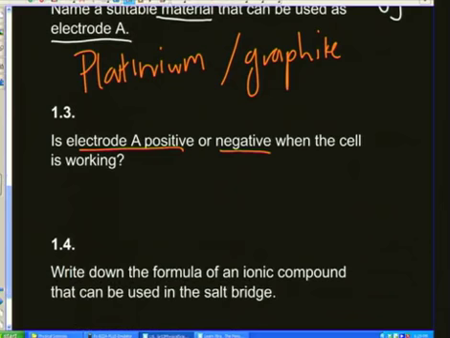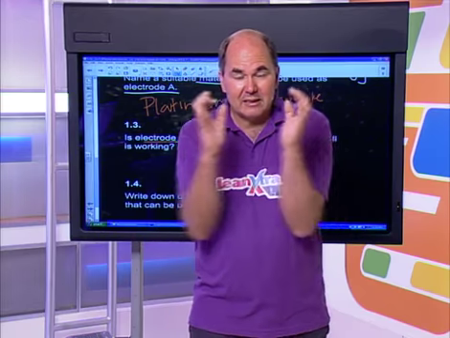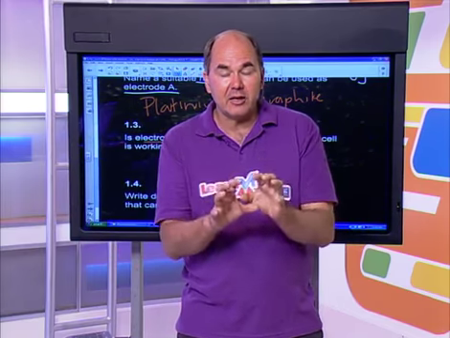Now guys, this takes us to the nub of the question. This is the really important part. We've got to decide what the things are in the two half cells and what they're doing. At the moment I haven't even begun to answer it, but I'm going to start working out the reactions that are taking place. And fortunately for me,